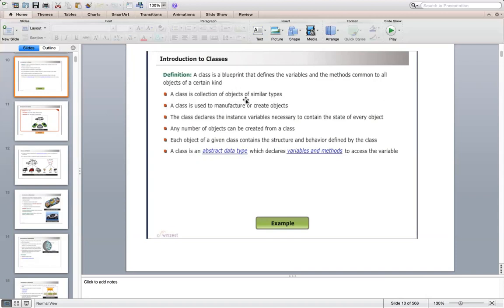Otherwise you can understand a class as a blueprint from which objects can be created, because objects have variables and methods, and a class can be understood as a template from which objects can be created, and any number of objects can be created from a class.